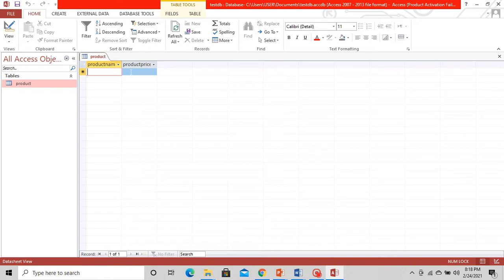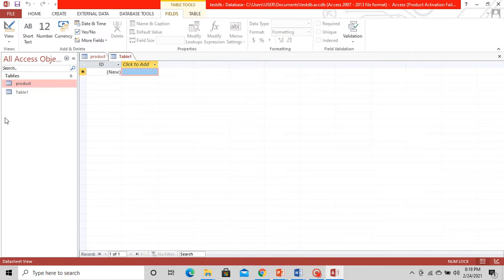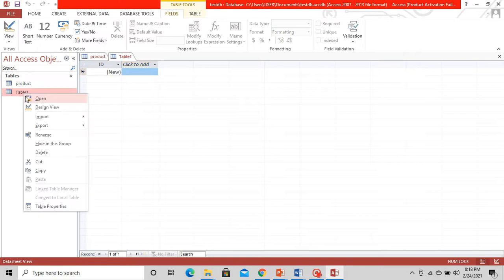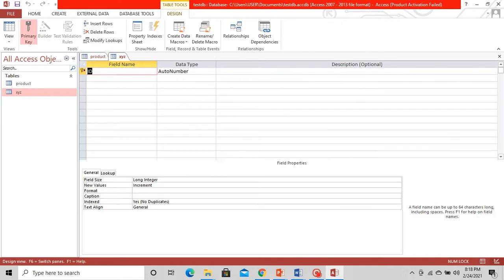In case, in your own project which you are developing, if you want to create multiple tables under the same database, just go here to the create tab, and then click on table. As soon as you click, you see that one more table called table 1 is created. Again, you can follow the same process to save it. Again, it will ask you for the table field name and data type of that. You can just give it and save it. Now since it is done, I'll just close my database.